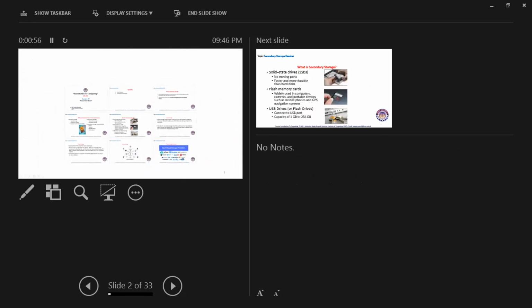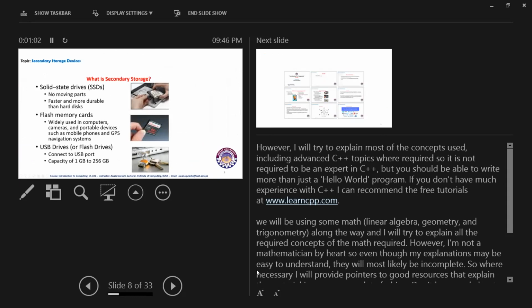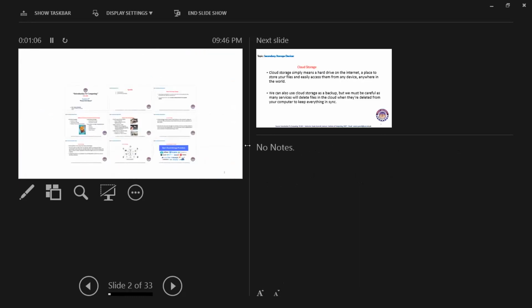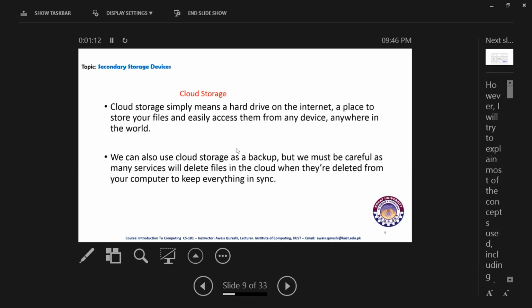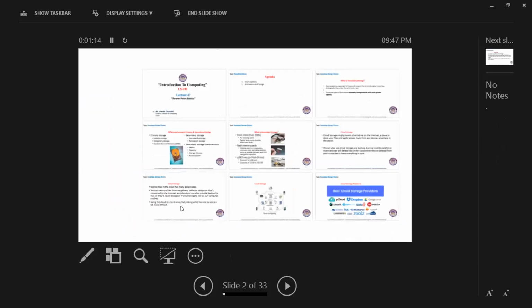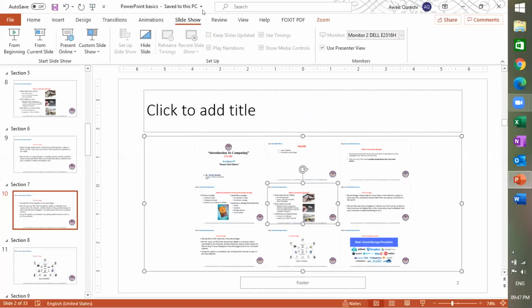So this is a feature with the help of which we can do certain things. I hope you are getting what it means. This is the way with the help of which we can add different sections in our slides. Let's see this one, and then after clicking this one, okay. So this is a way with the help of which we can add different slide zooms in our presentations.